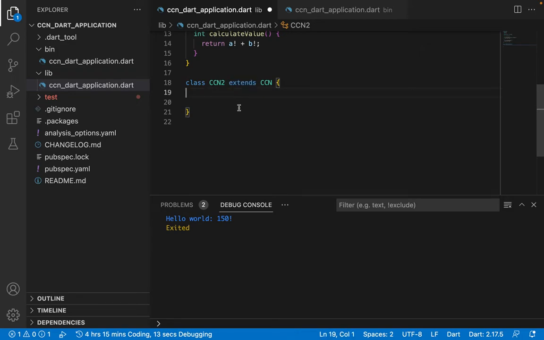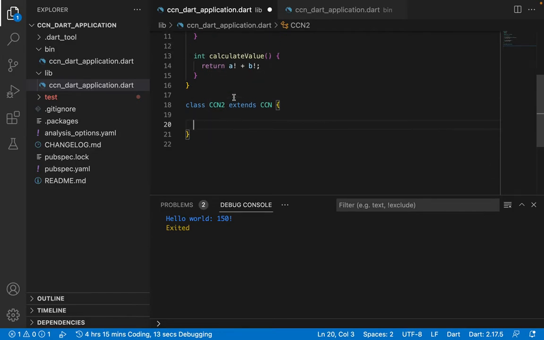Every OOP programming language supports that. So now that the new class we created is able to extend the old class we've created,